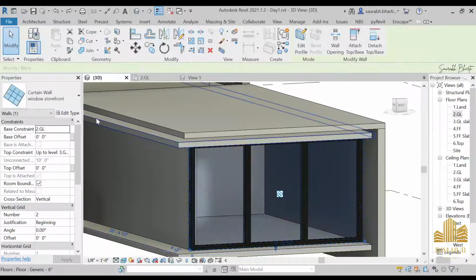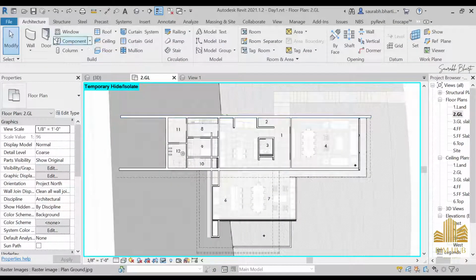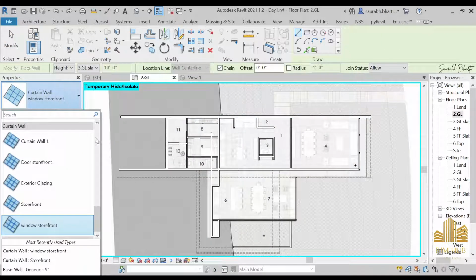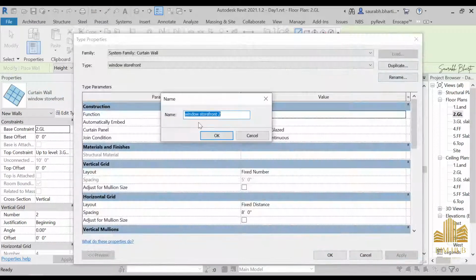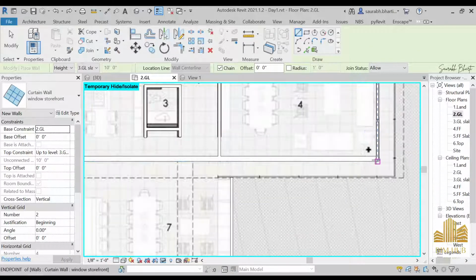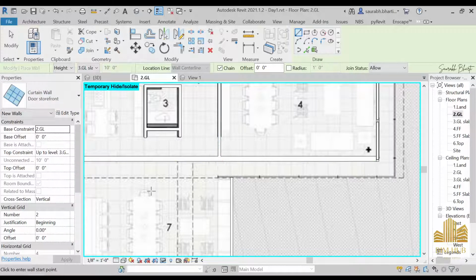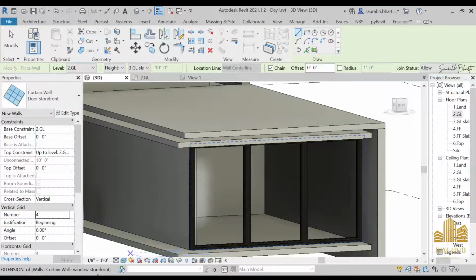Select this one, go to edit. Okay, actually do not just select this one, go to ground level, go to the wall, and here in the wall just select this one, edit type, duplicate it, and now you can give it a name of door storefront. And now let's try to, okay, it's already there. Is it door storefront? Yes, and number is 4,